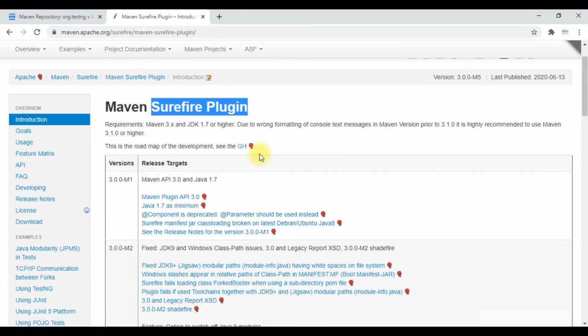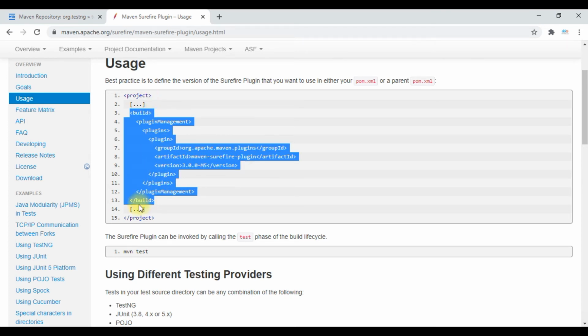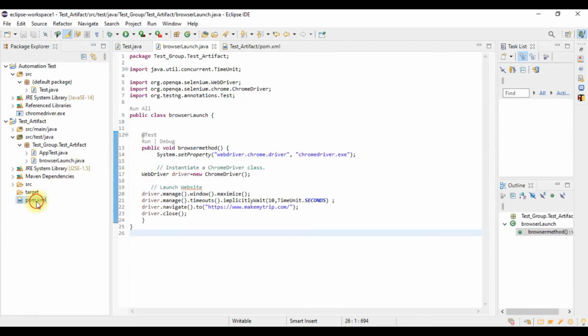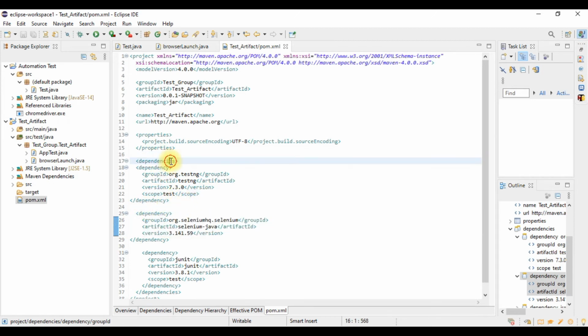Right, for importing this Surefire plugin, we have to go to usage, and from here we will copy this build tag. From this build tag to the ending of this build tag, we will copy this code and we will go to our pom.xml file, and inside it we will write it above this dependencies tag.